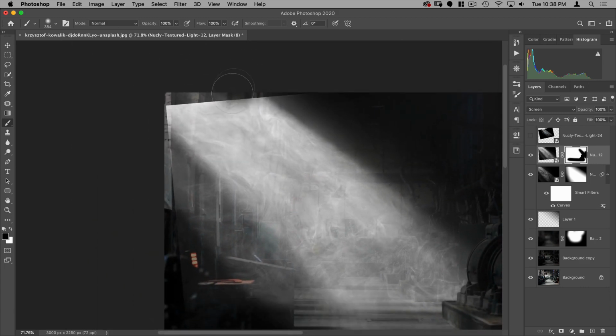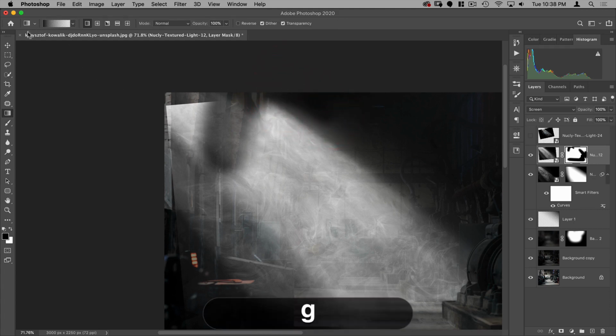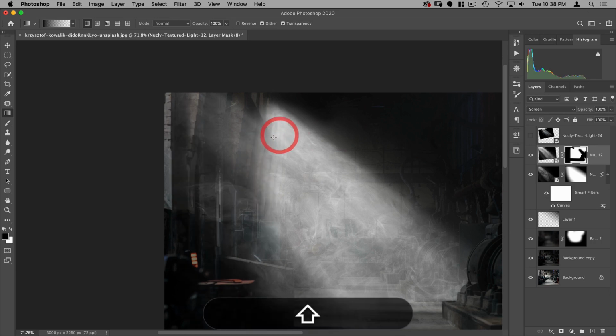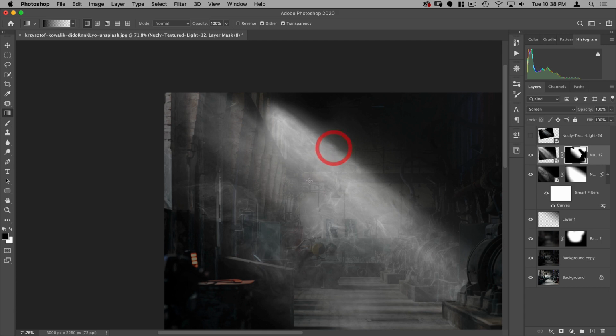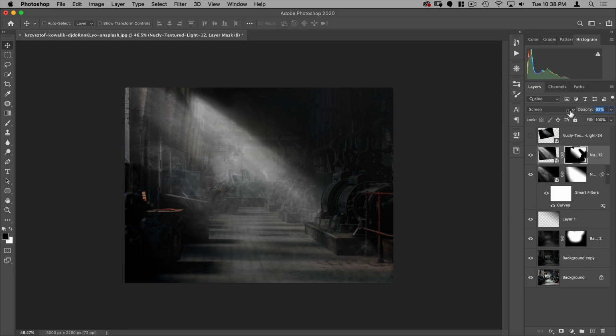And then we're also going to do some painting here so it just looks like it's coming out of this window here. I'm going to switch to the gradient and just do a gradient like this, and then a gradient coming up from here. So that looks like it's coming out of that window. And now I can take the opacity down just a little bit, because these are going to stack on top of each other in terms of the light here.